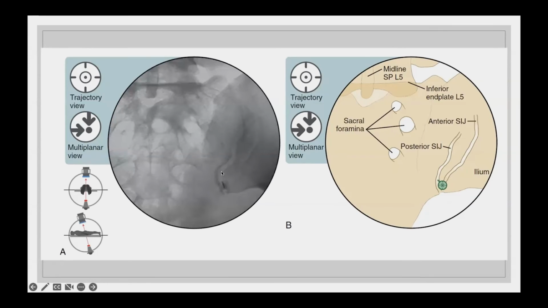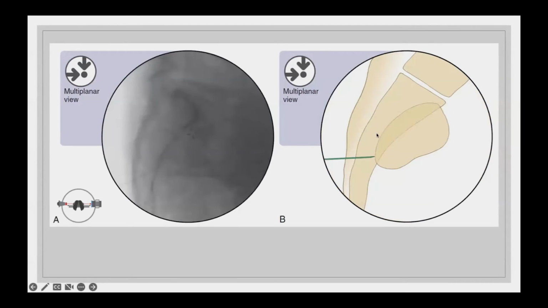So here, when we see the sliver of white, we're seeing that area in between the bone. We put the needle right there and then deposit the steroid medication directly there. This is what it looks like on the side view, and it shows up almost like a football shape when you look at it from the side.